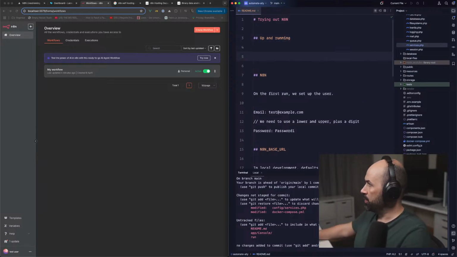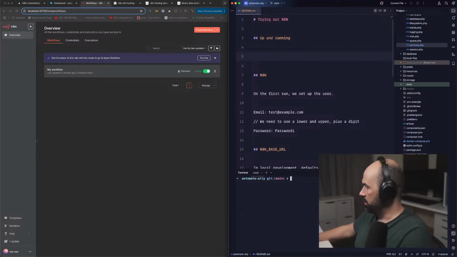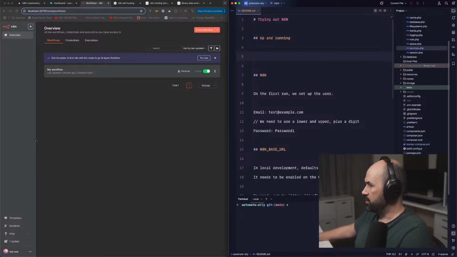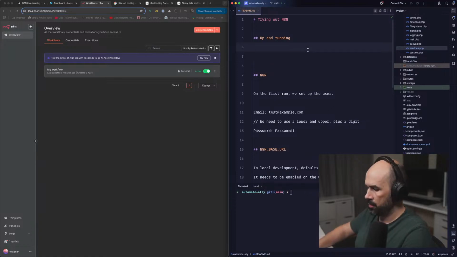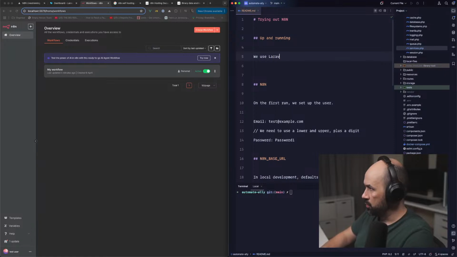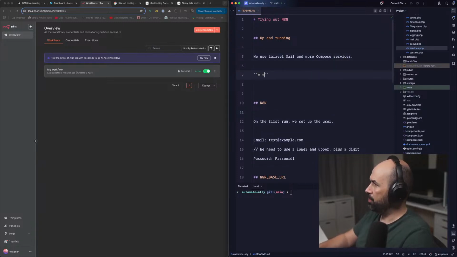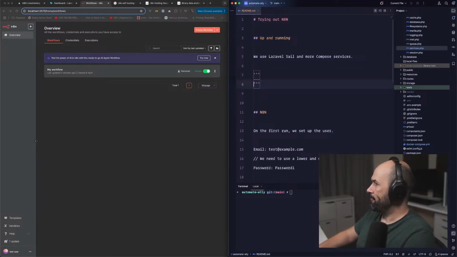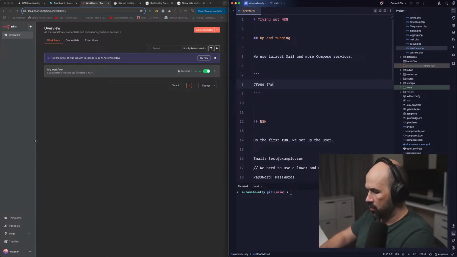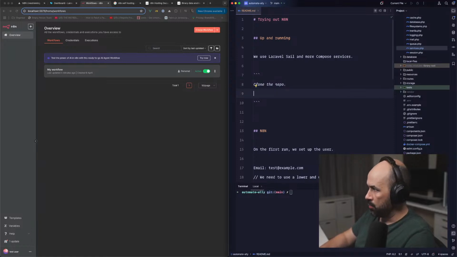So no point in just using Herd, I think it's best if we just use Docker, or Laravel style plus compose and more compose services. So the default thing, clone repo, blah blah blah. So repo, install.